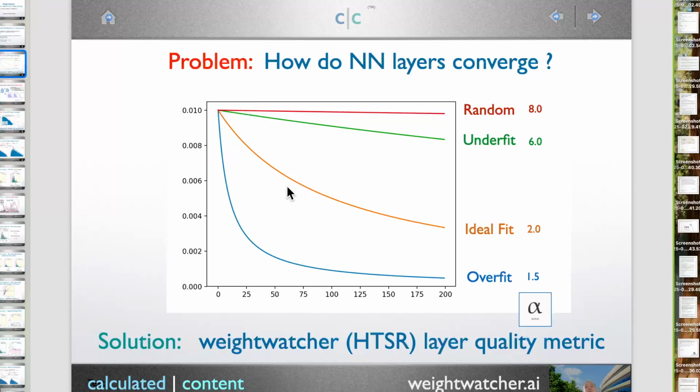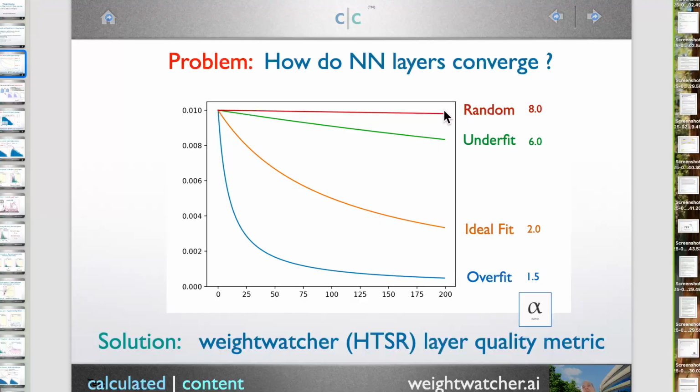As you're training, you might find that some layers converge very, very well. They actually become ideal, and I'll show you some cases of this where the layers are ideal according to the theory. There are cases where the layers just don't capture a lot of information and they become underfit. There are cases where the layers appear totally random. They didn't learn any information at all, or they learned such weak amounts of information that you can't say much. And then there are cases where the layers overfit to the data, and this overfitting causes them to perform poorly or less optimally on out of sample data. This is predicted by theory, and you can see it experimentally.